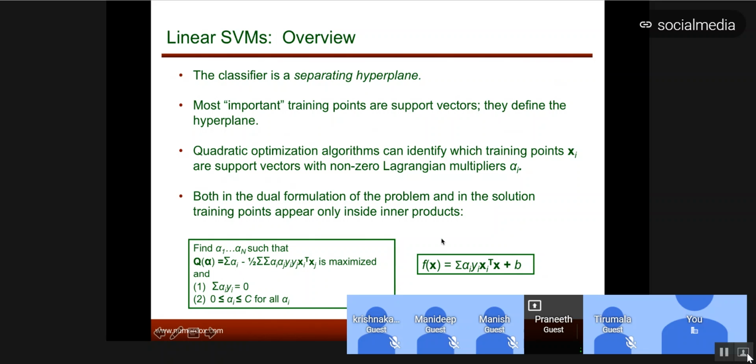So what is your data set doing in terms of the objective function? Alphas are the unknown, y's are your labels. So the data set is playing a role in terms of y here, but it is also playing a role in terms of the xi transpose xj. This is nothing but an inner product when you have two vectors, two columns, i and j. Xi transpose xj in linear algebra is known as an inner product. Now, in linear SVM, you're not doing anything to this inner product. But in nonlinear SVM, you're applying a phi on this inner product, actually. That is how you're getting a linear separation, as we will see in the future.